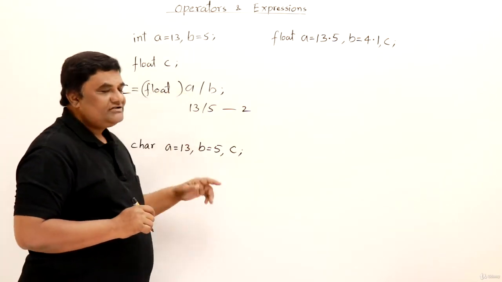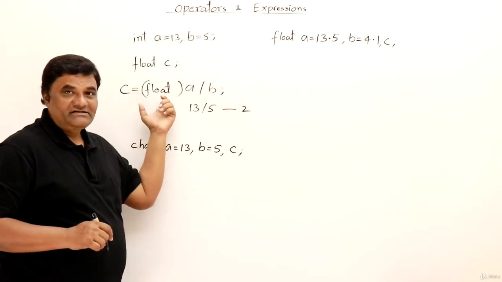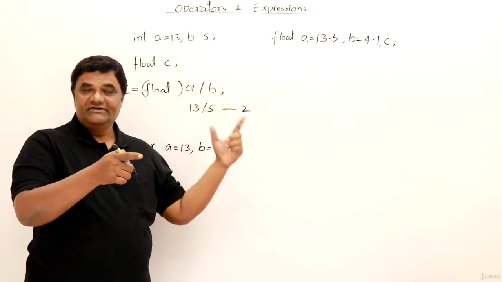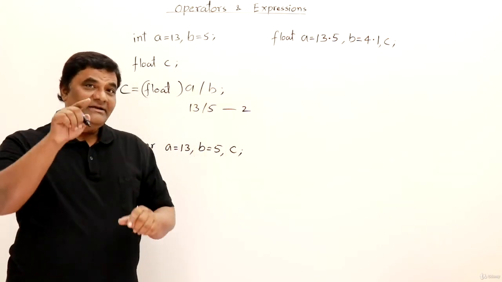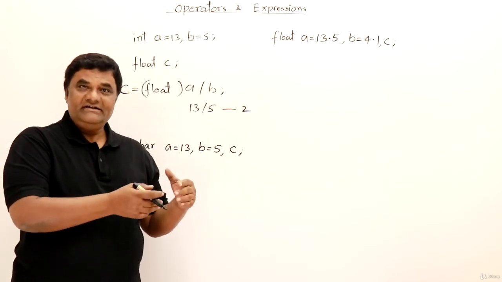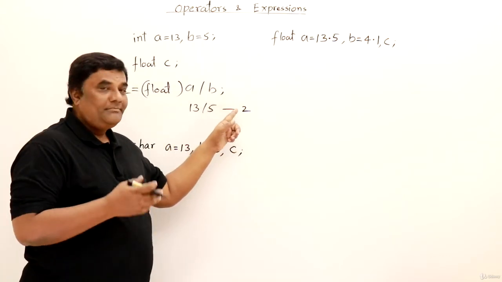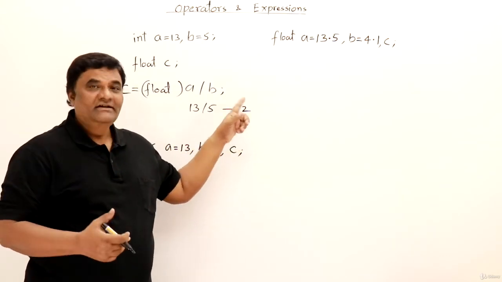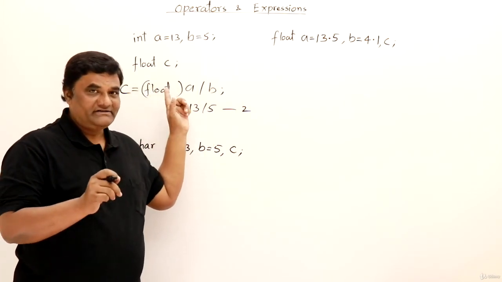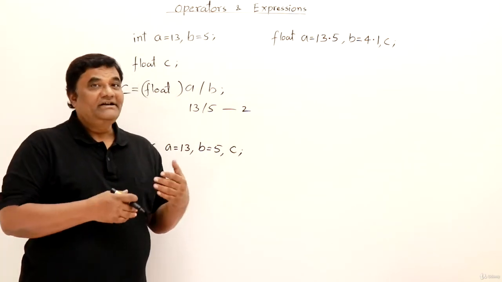Now this integer division gives floating point result. So this is called as typecasting. Typecasting means changing the data type. Here the result will be integer, but we are converting into float at the time of division only, right? At that time only, right? Because the result we are getting, it is 2.6, and imagine it is truncated and it is giving us 2. But we said that no, we want 2.6 only. So write typecasting here, you get the actual result, that is 2.6. So this is typecasting. So this is how we can get the float result from integer division.